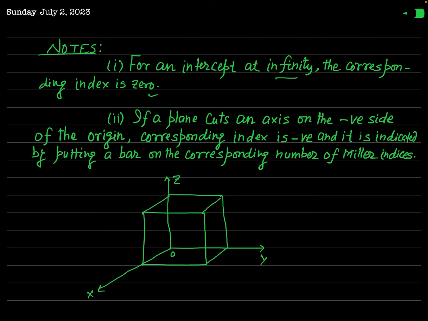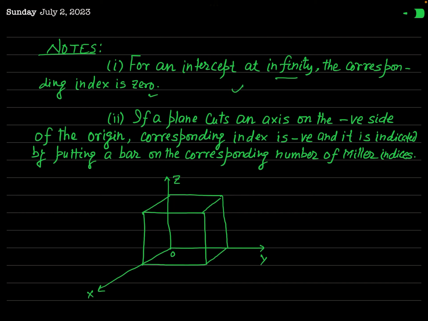Actually, when the crystal plane is just parallel to the crystallographic axis. You know, two parallel lines do not intersect one another, and we simply say mathematically that they will intersect at infinity. So if the plane is parallel to one of the crystal axes, then the intersection will be at infinity, and in that condition, the intercept of the plane on that crystallographic axis